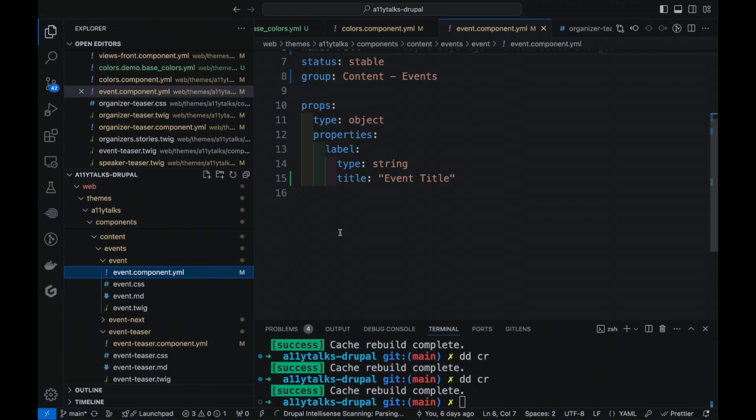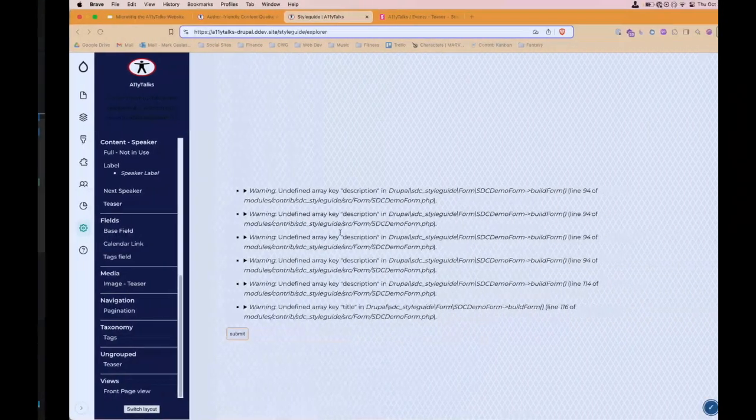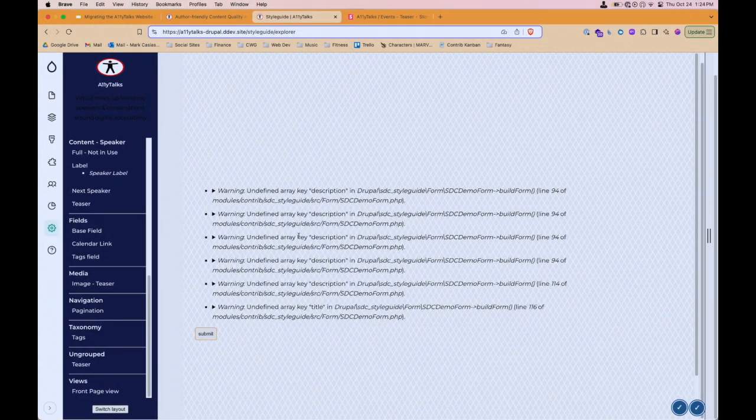There is another thing called UI Patterns that's coming out that relies heavily on the properties inside the component.yaml file. As of 2 weeks ago, the component.yaml file was completely empty. Now I actually have to use it to work with the Pattern Lab style, or the UI style guide, and the SDC style guide that's there as well.